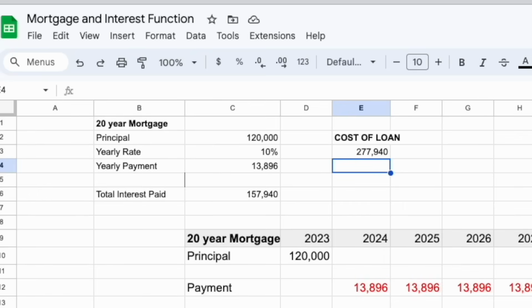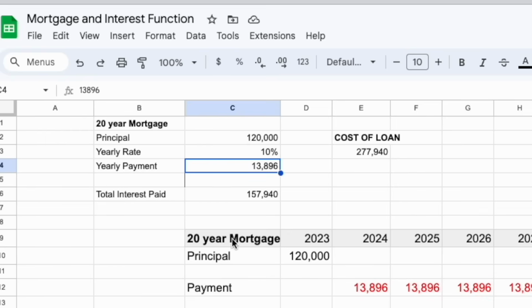Okay, so here we have a Google Sheets laid out with the payments of a mortgage you would make if you were to buy a house. So returning to a similar example, let's imagine we're buying a house for $150,000 this time. So you have a 20% down payment, which is $30,000, which leaves you with a payment of $120,000, which you're going to be paying off with a loan. So let's say your loan principal is $120,000. You have a yearly interest rate of 10%. This means your yearly payment for a 20-year mortgage would come out to